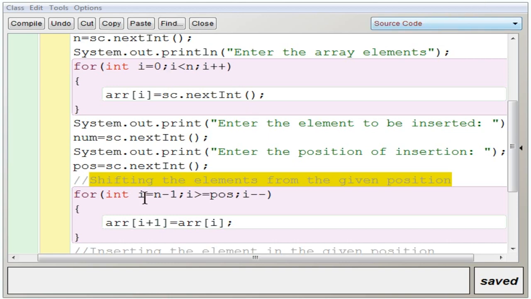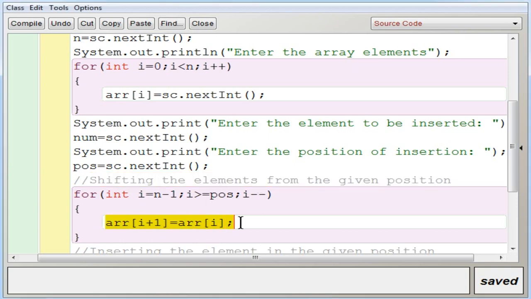So that's what we have done here. The for loop is given i equal to n minus 1, i greater than or equal to pos, and then i minus minus. So you start from the last and stop at the position you are giving to be shifted. You are going to execute the loop like that.